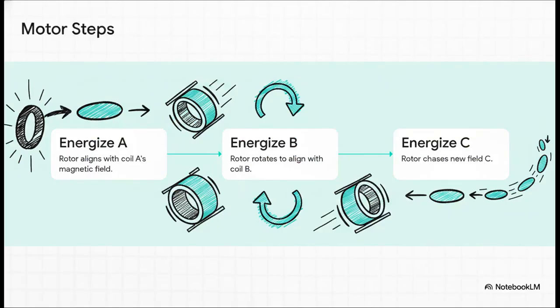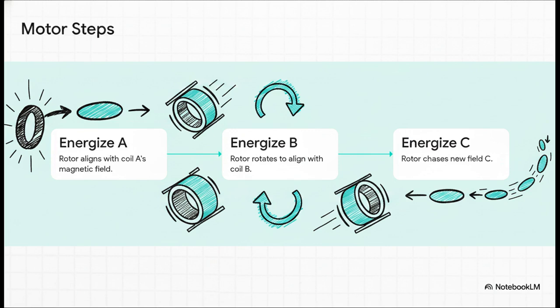Let's walk through how this builds into predictable, continuous movement. Step 1. We energize coil A. The iron rotor immediately snaps into perfect alignment with the magnetic field produced by that specific coil. Step 2. We turn off coil A and we energize coil B. The rotor is now forced to rotate, let's say clockwise by exactly 60 degrees, to perfectly align with this new